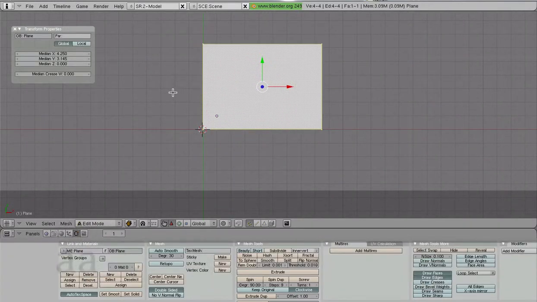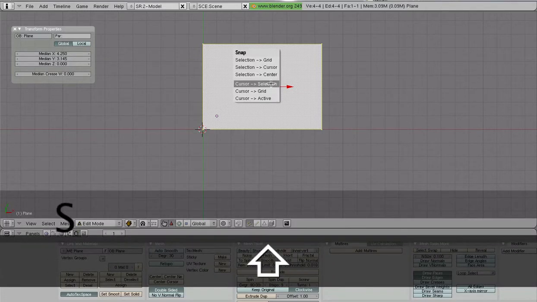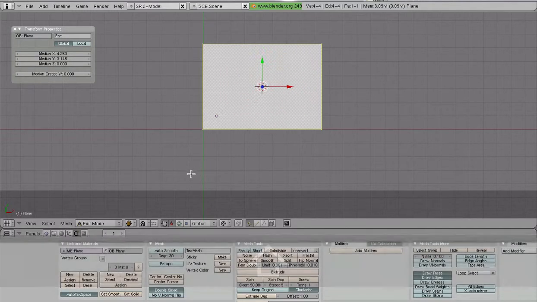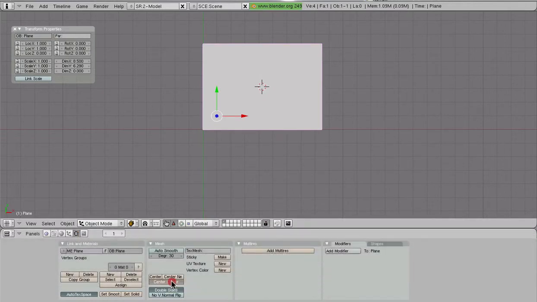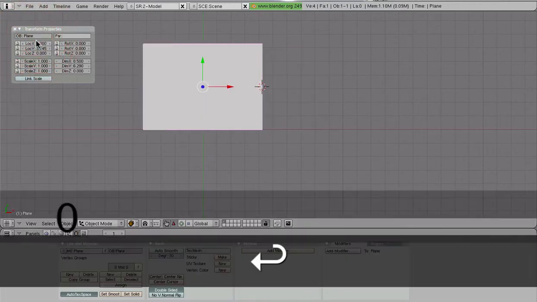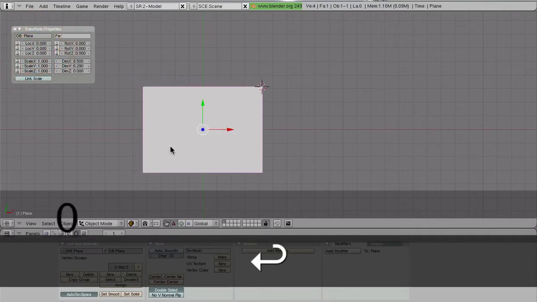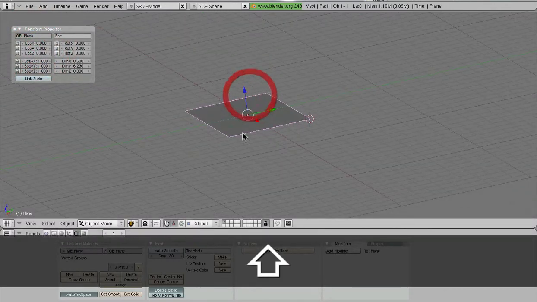Then we are going to snap the cursor to the center here, and then go back out to object mode and hit center cursor. That allows us to now snap our plane to the very center of our model. So here we go. There is our